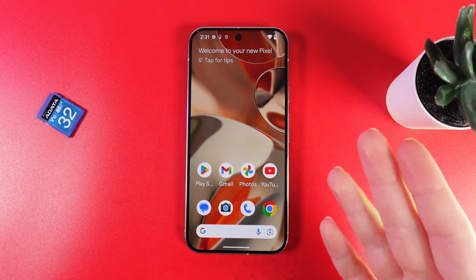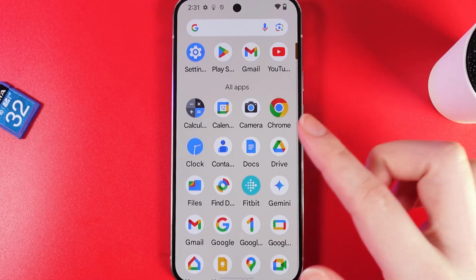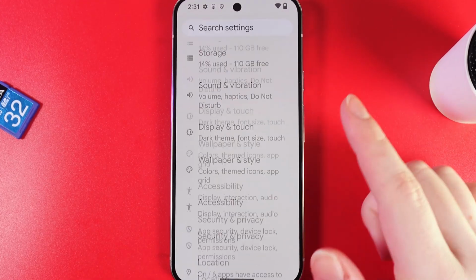Hi, want to know how to check RAM usage of your Google Pixel 9 Pro? So, as a first step, we would need to open settings on our phone and then scroll to the end